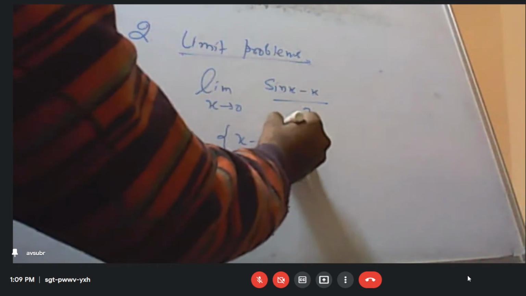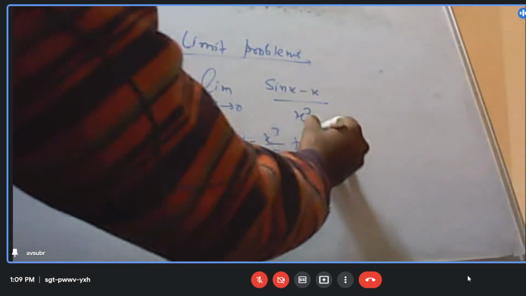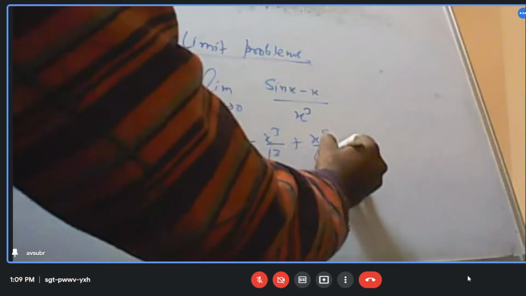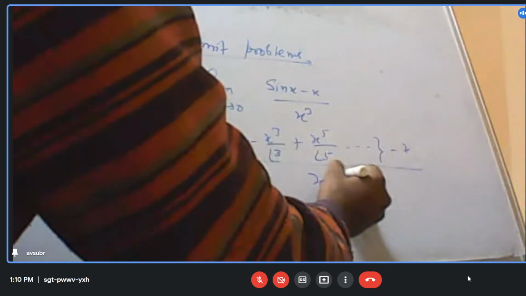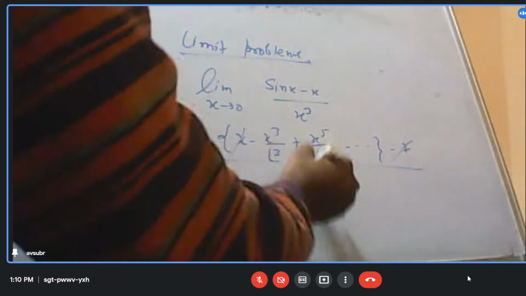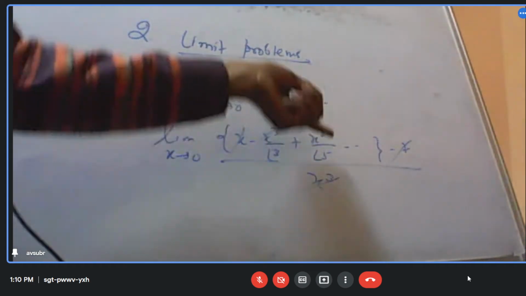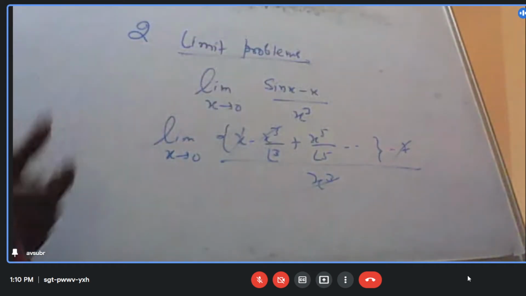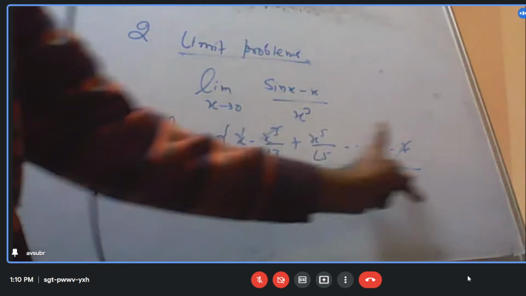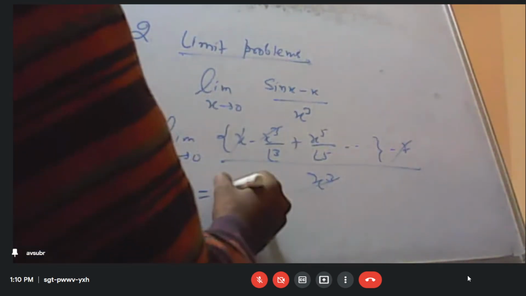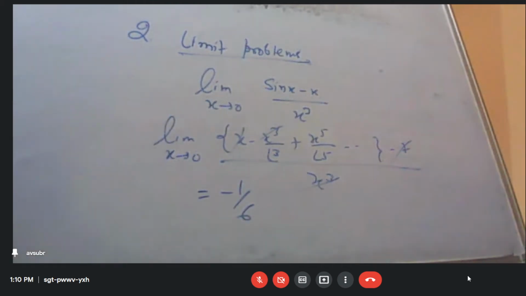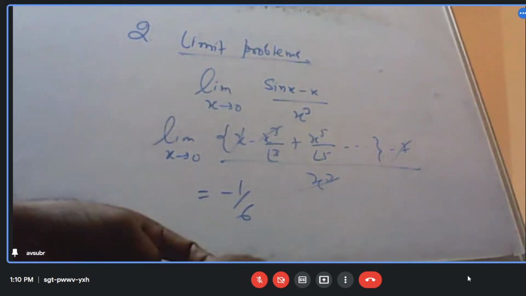So actually what he is saying is that he has expanded it into series. So x and x will cancel out. This x cube and x cube will cancel out. Then x square and so on and so forth, because these terms are negligibly small. -1/6 तो -1/6. समझ में आया सबको?